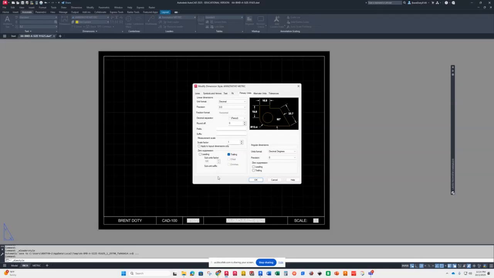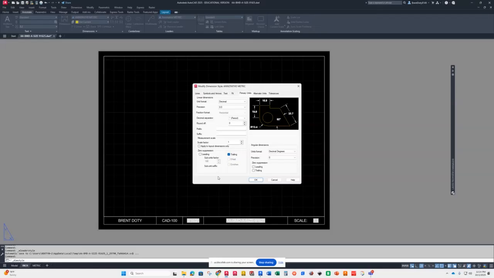This is the reason I have you do this. If you do not, it won't keep the settings. If you make a new one, it doesn't keep the settings. Now, I explained in our earlier lecture about the zeros, right? I don't want to suppress zeros on the back end, the trailing ones, on inch, and I do want to suppress them